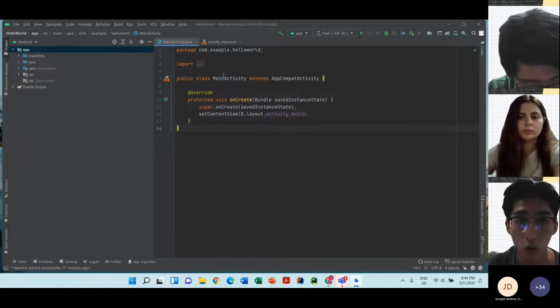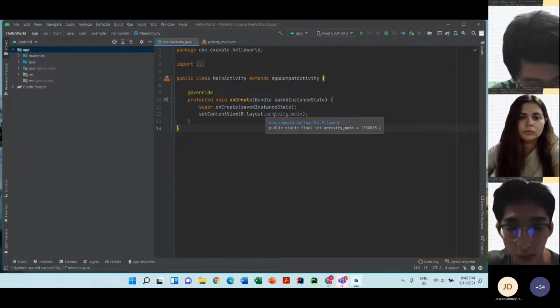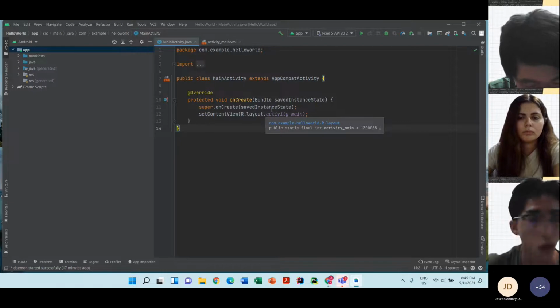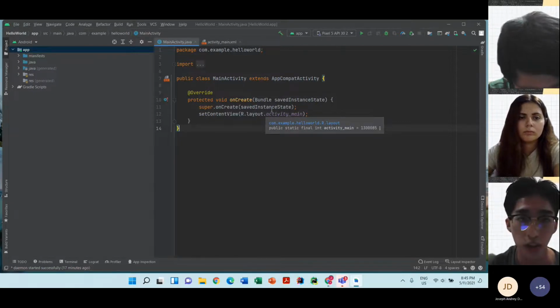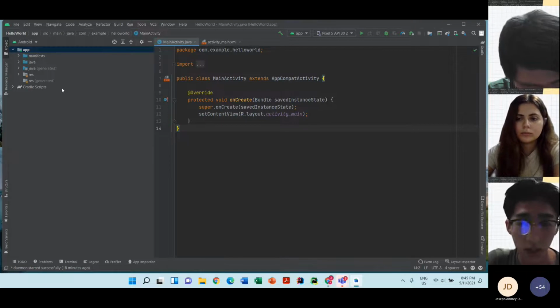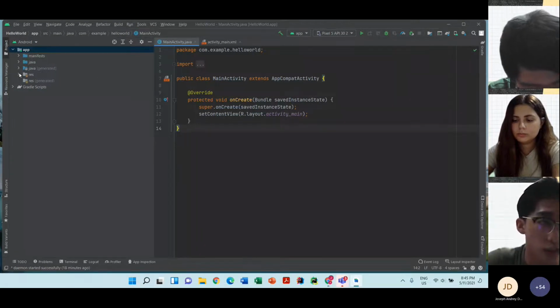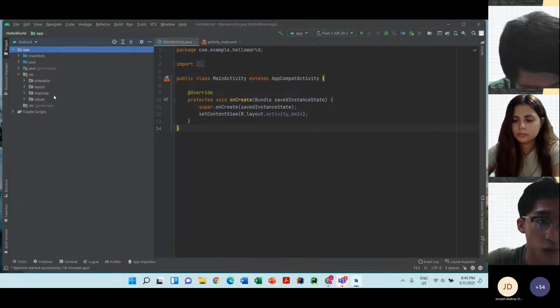If you are developing in Kotlin, here will be the Kotlin file. Because we are developing in Java, here's the Java file. Okay, so what is the functionality? For example, what happens if you click on a button and what to do with the user input? All of these will be handled in the Java file, okay? In every Android application, there might be some other files, for example image and audio as well. All of these image and audio will be located in this resource file. All those resources we put here, okay?